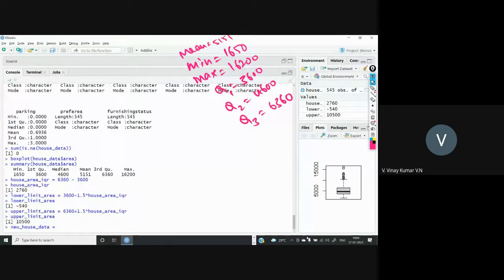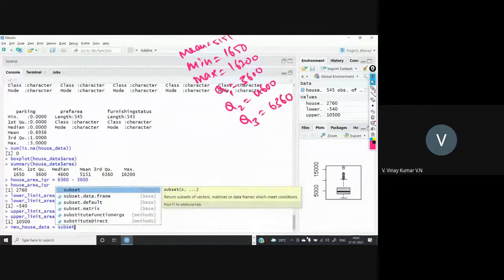How can I filter the data, remove that part and store the remaining here? For that we have a function called subset. It is like a subset of the given set, so here we are taking the subset.